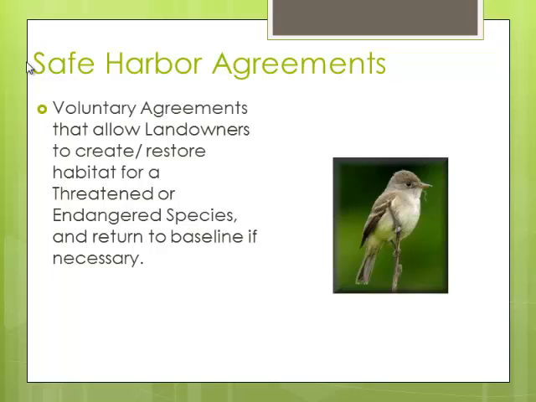If you have an area and a landowner who really doesn't want to do restoration because of the potential for a listed species to come onto the property, a safe harbor agreement is a really great way to go, because that agreement says we go from baseline. If your baseline is 0, you do habitat restoration, you can return to baseline as part of your agreement. If something happens, all your trees die, whatever happens, you can return to baseline under your safe harbor agreement.